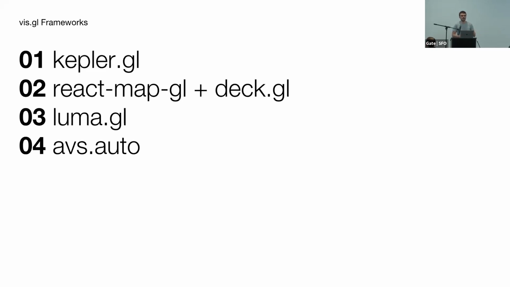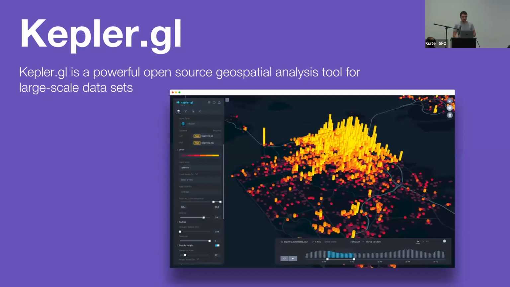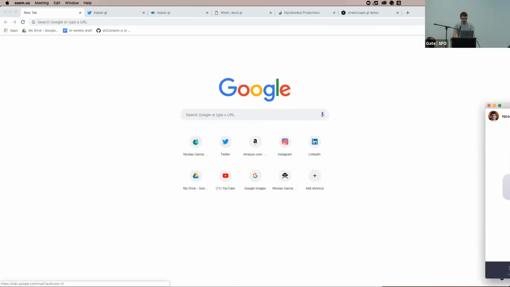And then finally, I'll give you a quick peek of a framework that's going to be released end of this month. That's called avs.auto. It's a framework and a standard. It's actually pretty cool. So Kepler.gl, all of this is open source. If you go to Kepler.gl today, you'll be able to access it. To give you a quick idea of what you get to see, if you go there,